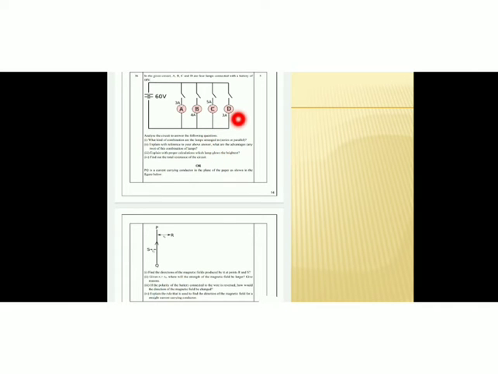Now explain with proper calculations which lamp glows the brightest. Which lamp glows the brightest? The lamp through which maximum current flows. So here, through which lamp does maximum current flow? Through the lamp C. So the lamp C glows the brightest. Now find the total resistance of the circuit. So to find out the total resistance of the circuit, you need to find out the resistance across each of these lamps and find out the equivalent resistance using the expression for equivalent resistance of parallel combination.